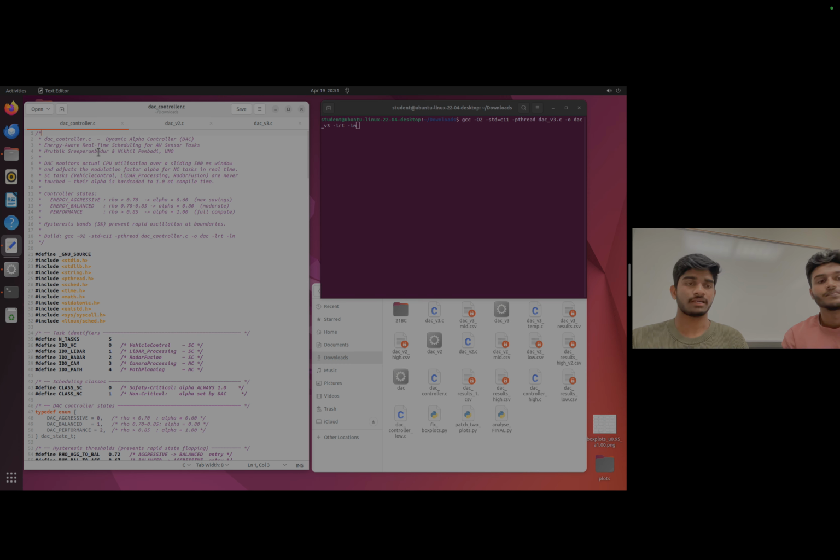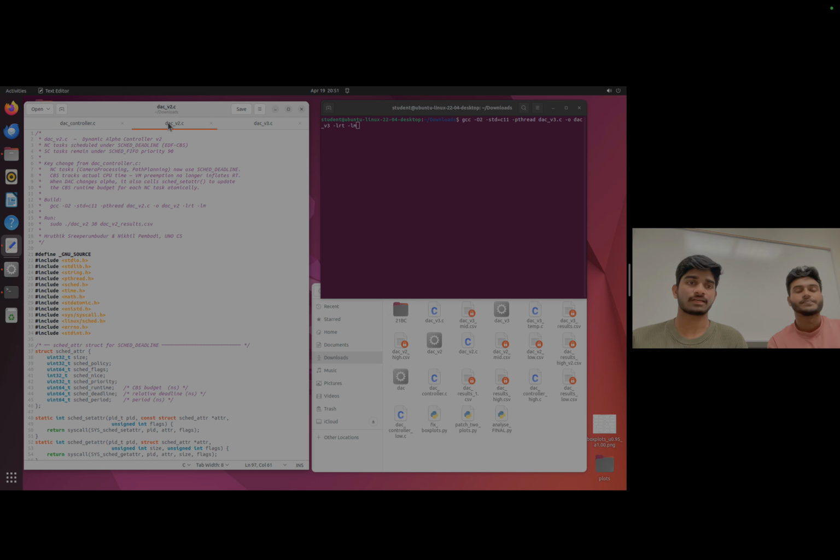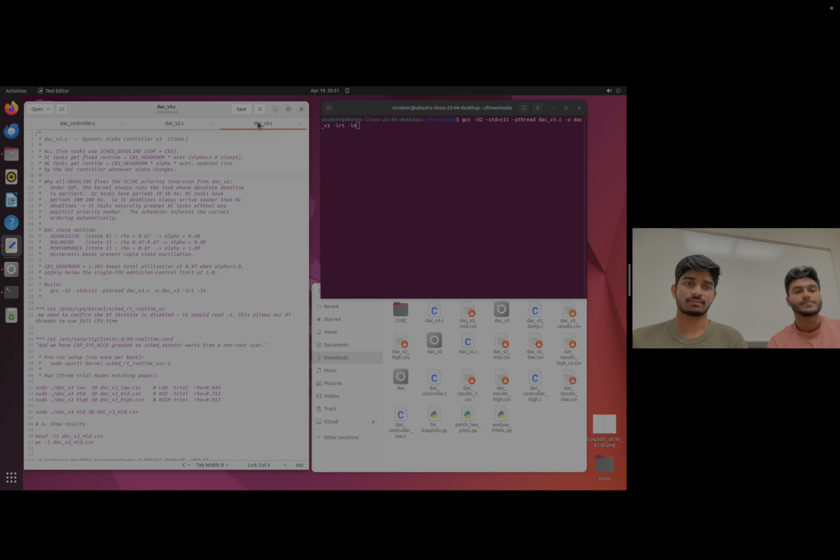So here we have implemented the DAC in 3 versions. Here is the first version as you can see on the screen, this is the second version, and this is the third version. I'm going to walk through the third version. Here we executed all the 5 tasks using SCHED_DEADLINE with earliest deadline first and constant bandwidth server. So, by this computation which I highlighted,